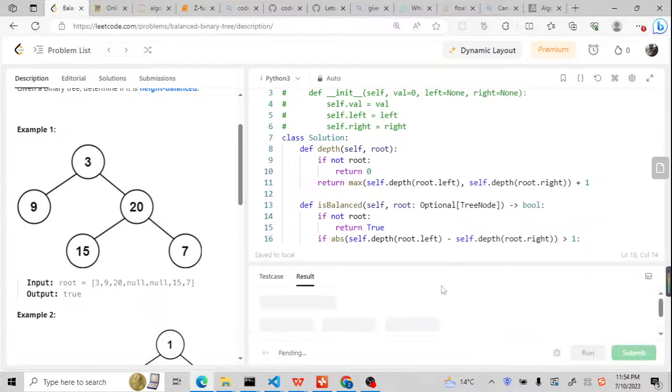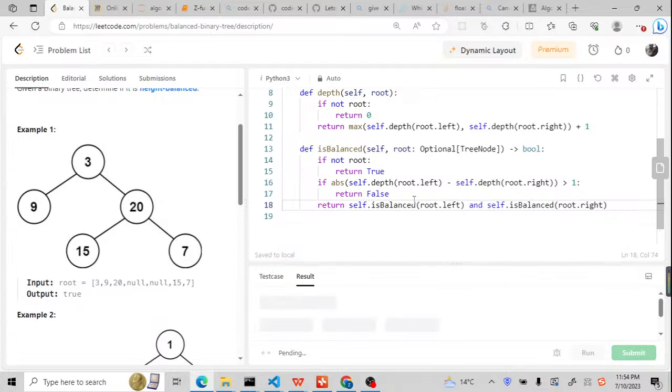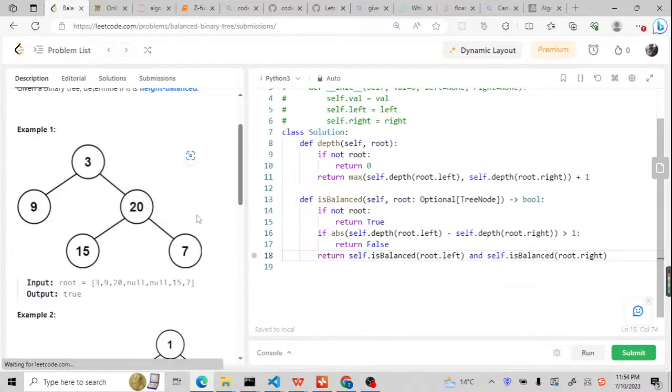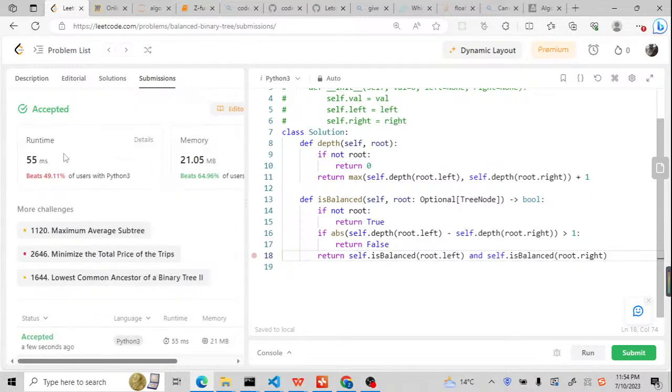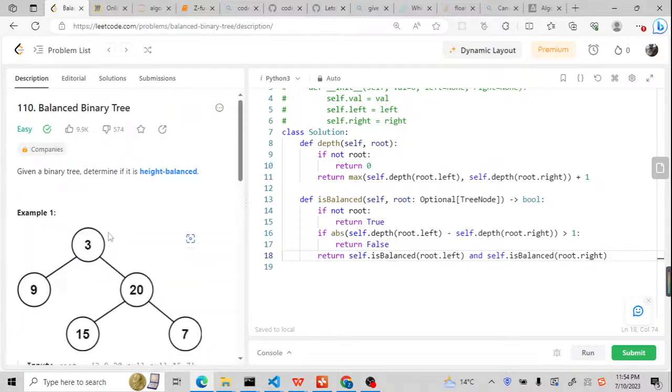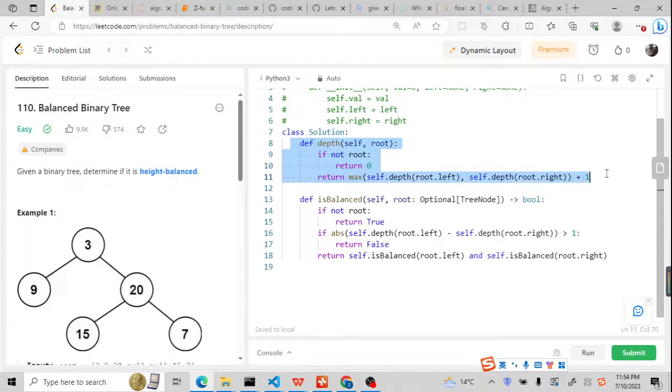Now let me just run it to check if it works. As you can see, it works. Now let me submit it to check if it can pass all the testing cases. As you can see, it passed all the testing cases. Basically this is the definition of the balanced tree, and the easiest way to solve it is by using a recursive function. And we already solved the depth of the tree Leetcode problem. Now we can use it immediately to solve